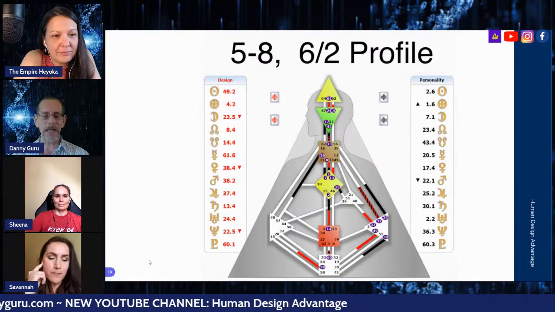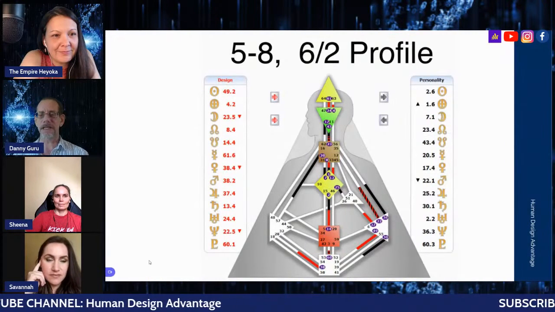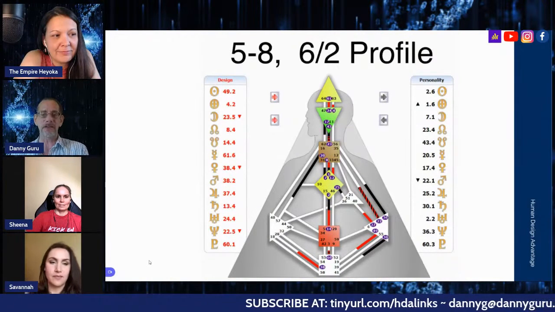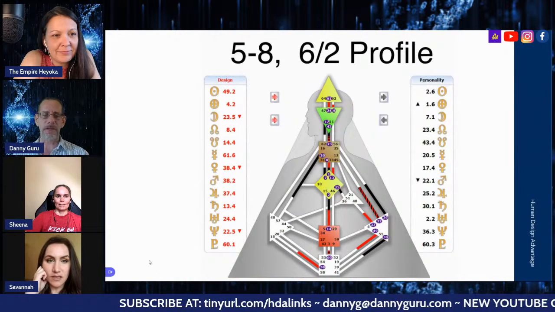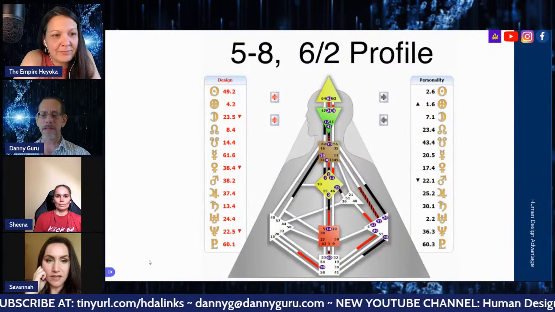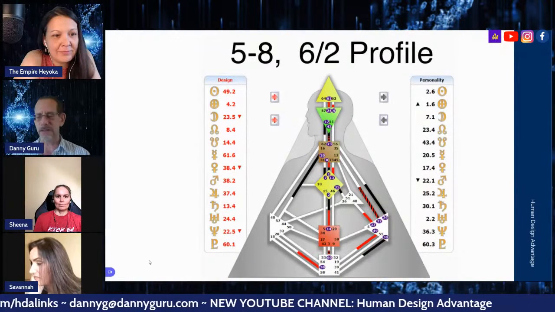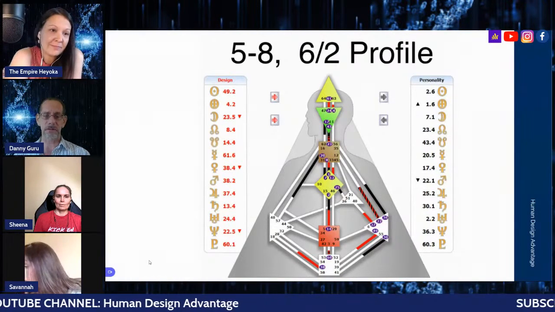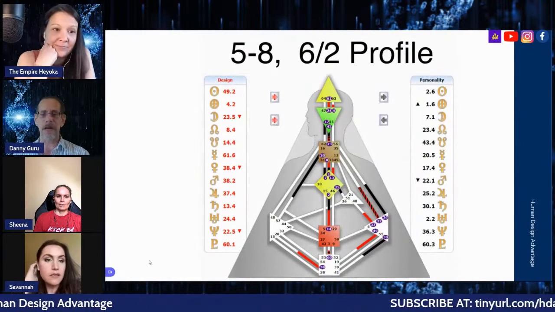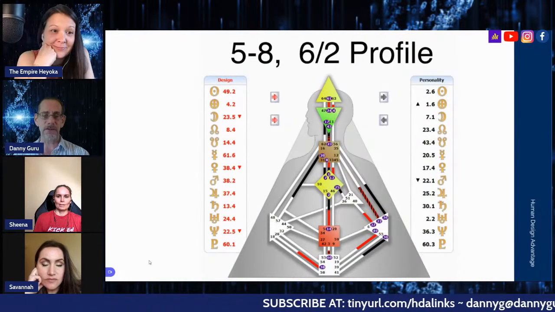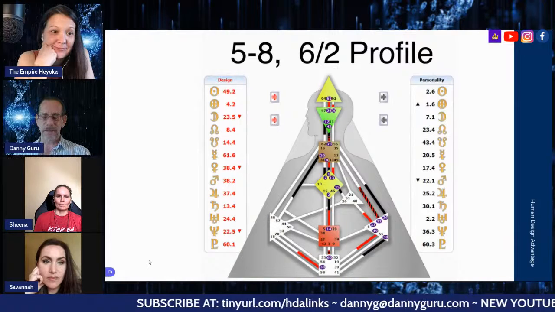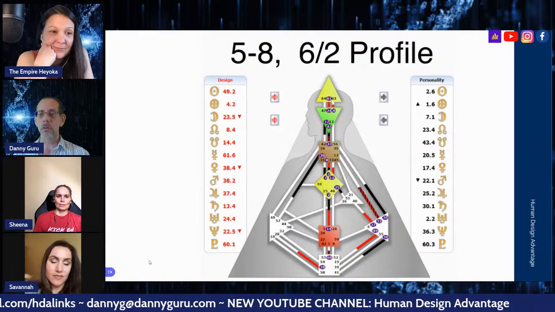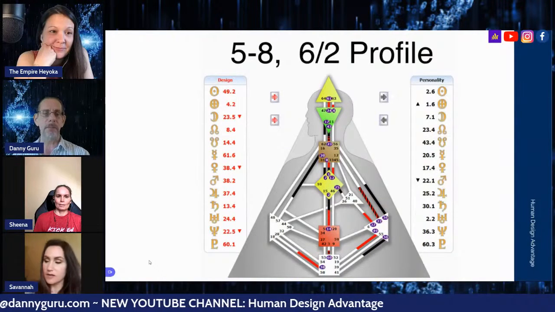No, this is the changing lines. That's the whole idea. The Chinese I Ching said, hey, we've got something going on here, there are changing lines, we keep changing. Humanity keeps changing. They just didn't know how to put it all together in a wheel where we could transfer it into a body graph. If anyone here is familiar with the Chinese I Ching, there are these 64 ways of modern man. That's what those guys in the hills of China figured out over 5,000 years ago. They came up with the hexagram structures that we use, and they were right. They just didn't have a way of identifying for sure which hexagrams were where in a body graph.